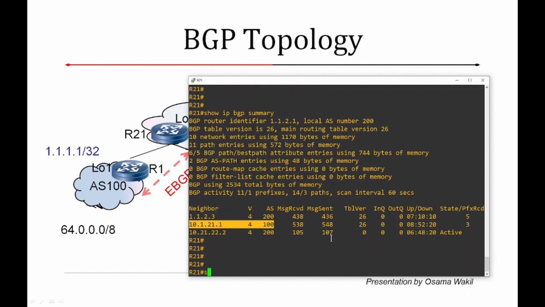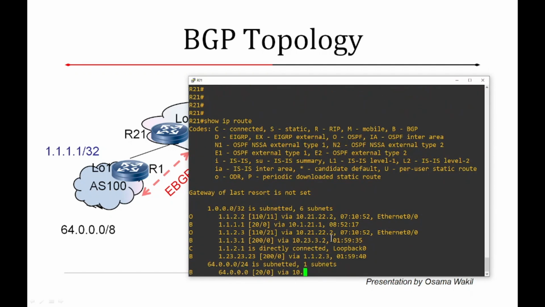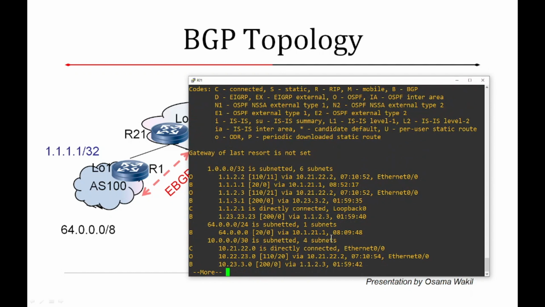There is one more difference. This difference is in the admin distance. I haven't covered admin distance yet, but in the following few videos I will be covering admin distance in detail. But for the time being, we can see that the sessions which are iBGP are going to have an admin distance of 200, whereas the sessions which are eBGP have an admin distance of 20.